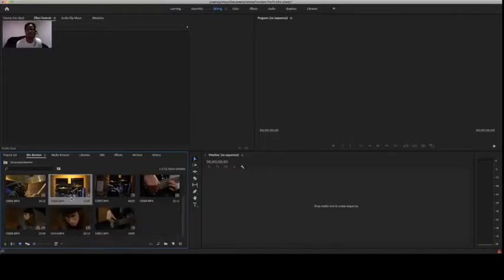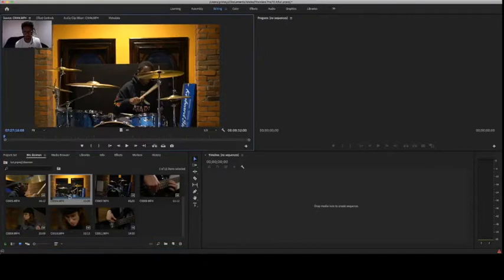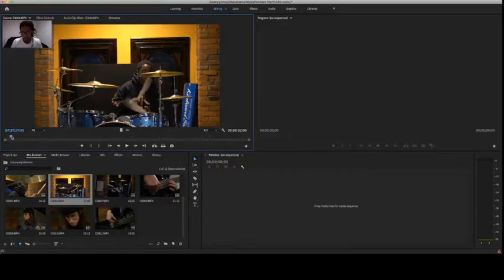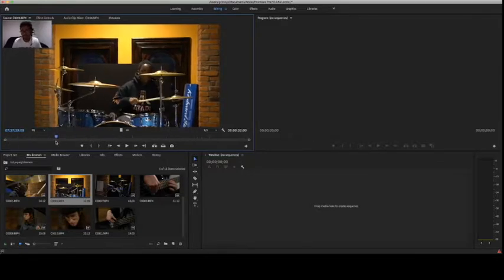So if you want to watch it, you would double click on it, which brings it into your source. And in your source, this is where you can trim and clip, where you could take either video or just the audio. You could clip a picture. You would use this cursor to import your footage. So say if I wanted to use this part,